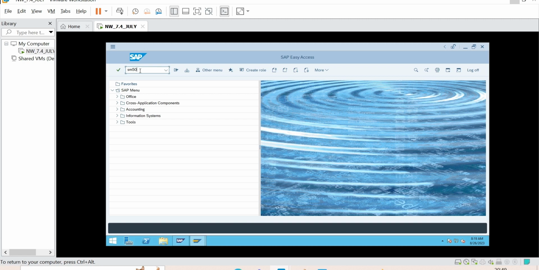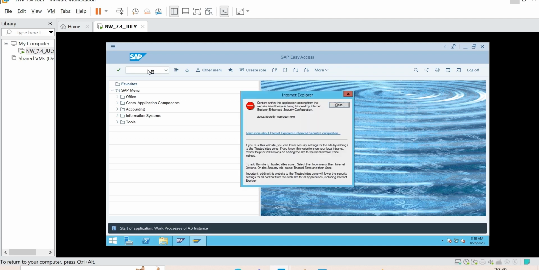If you want work process information, you have to hit one transaction code. Each and every screen has one shortcut. You can say shortcut, transaction code, or T code. This is called the command box. So you have to hit the T code SM50.